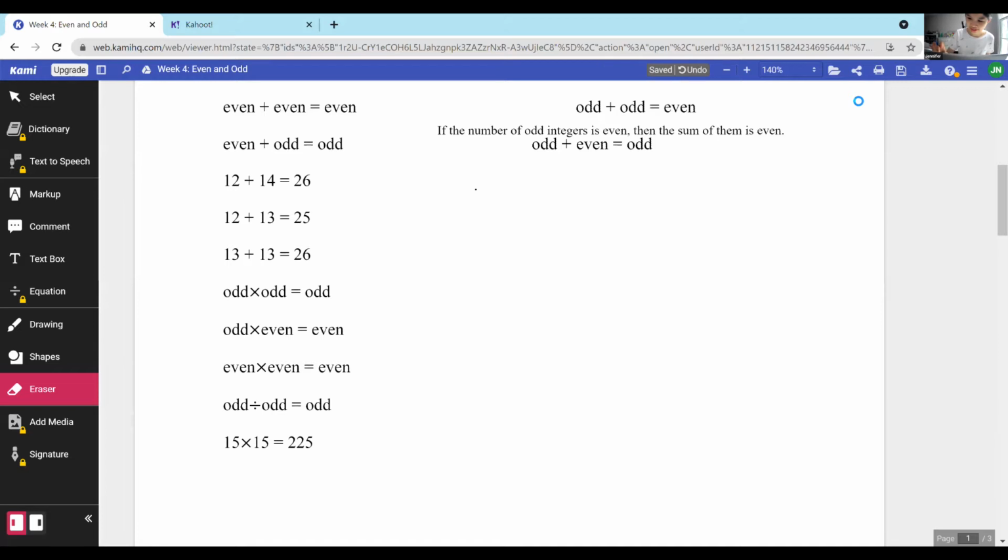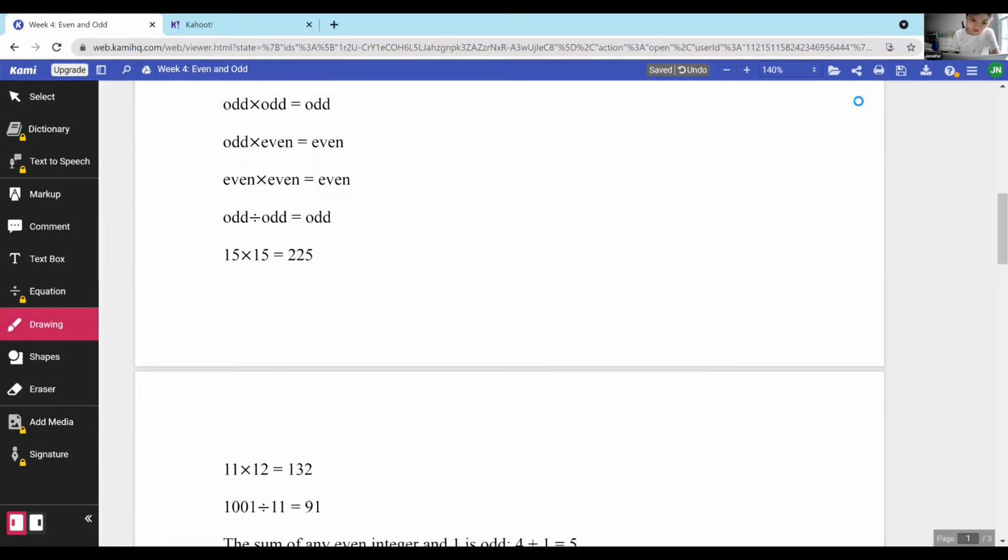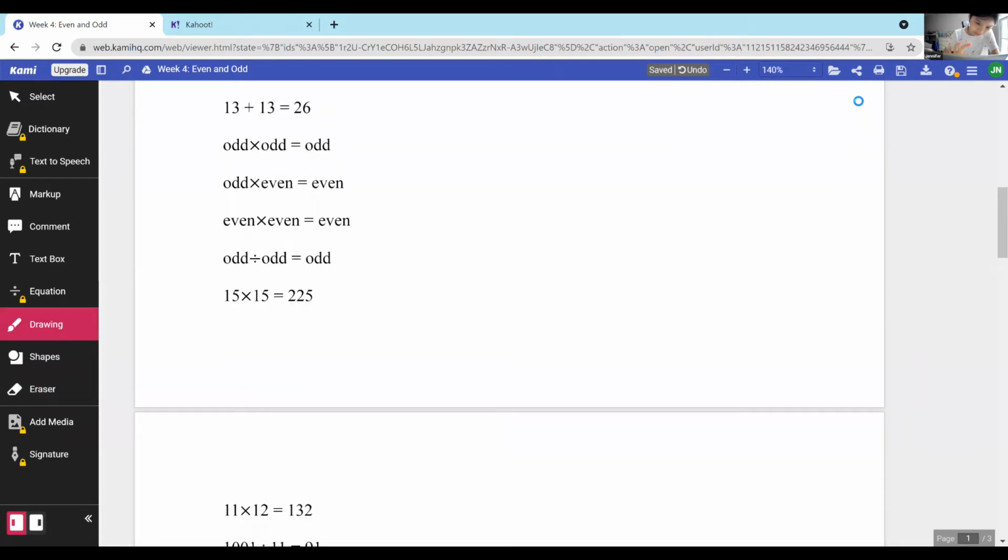And as you could see, this similarly also reflects in multiplication properties. Odd times odd will equal odd. We could see this, for example, if we call the odd numbers m times n, which you could write as 2m plus 1 times 2n plus 1